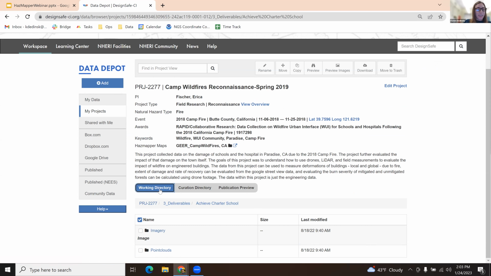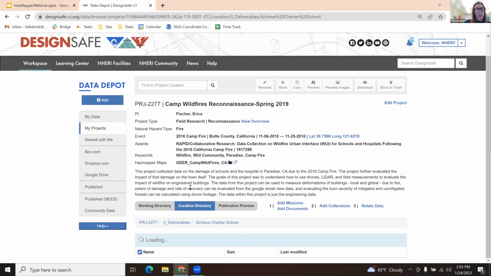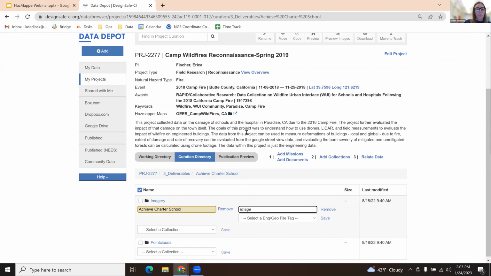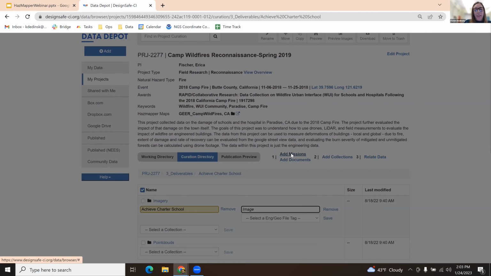So once all the data is uploaded to the project in the working directory, you can start the curation process to upload and make it publicly available. So we'll open this curation directory tab, and you'll have to populate missions and collections. A mission, as I mentioned, is the overall container for one trip where you are collecting data, and it has its separate DOI. So to add a mission, you just go to this URL under the 1, and I